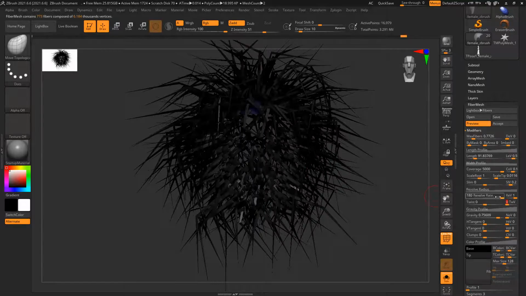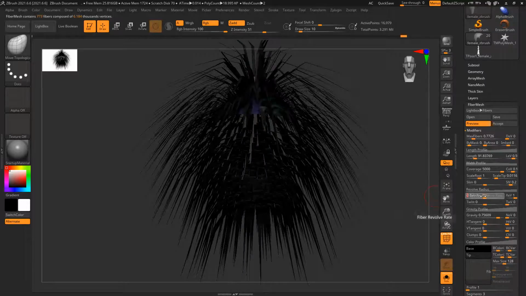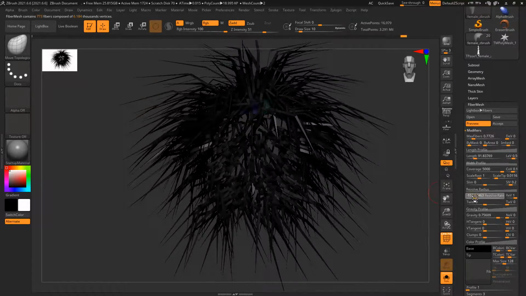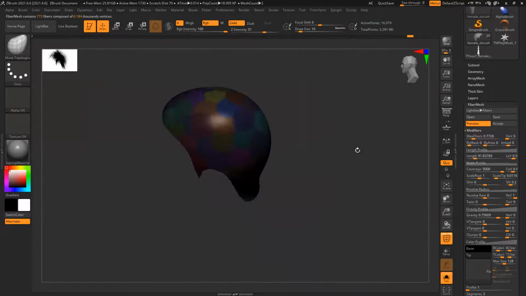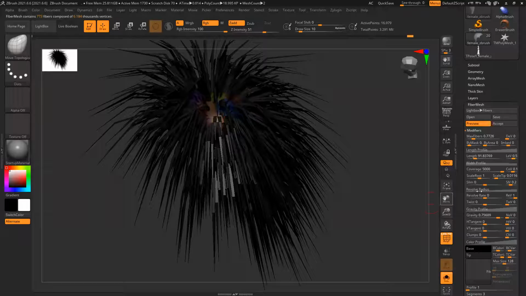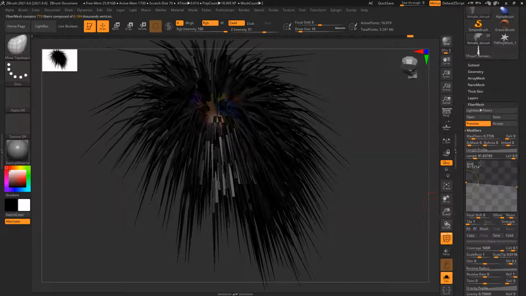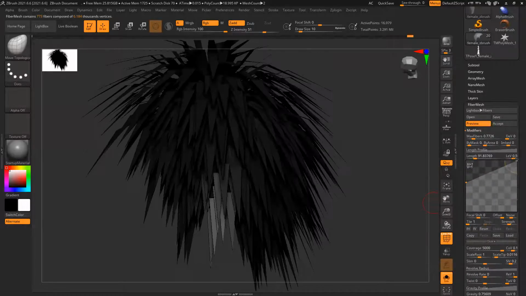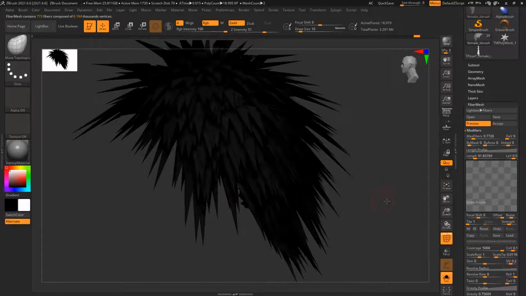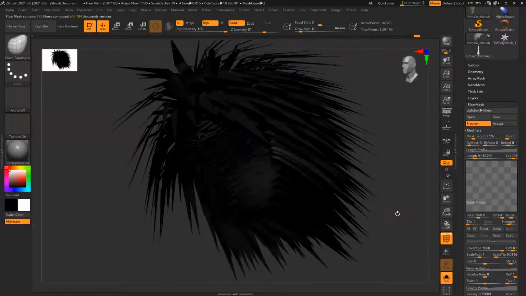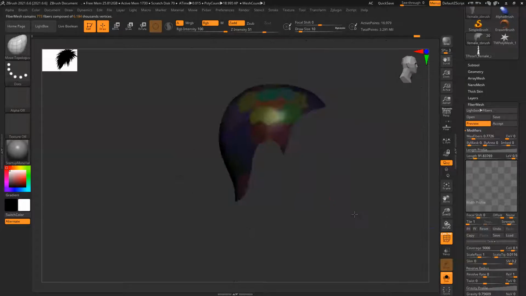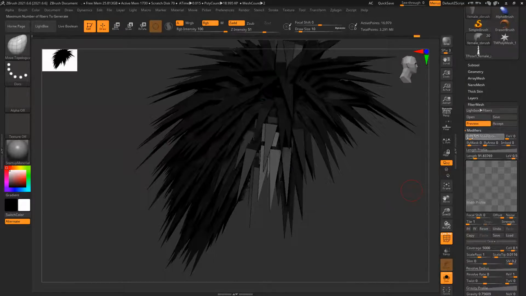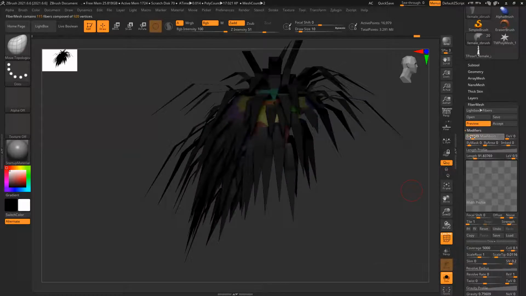No twist, no revolve. See, just straight, flat. Make them really wide. Number of fibers reduce.